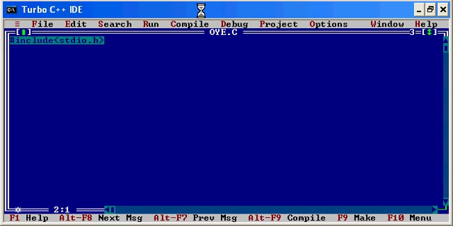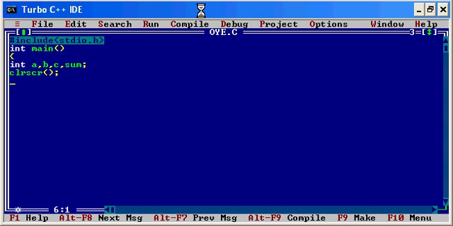Let us write a program in which we pass values between two functions, that is main and some other function, that is calculate. So I'll write a program to calculate the sum of three numbers. So I'll start with int main, int a, b, c, and one more, sum. Clear screen